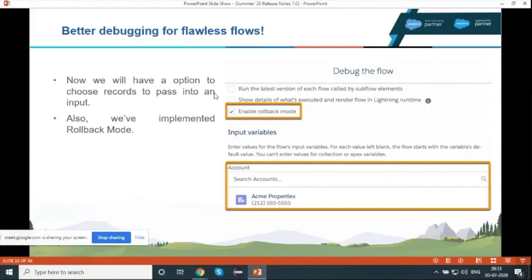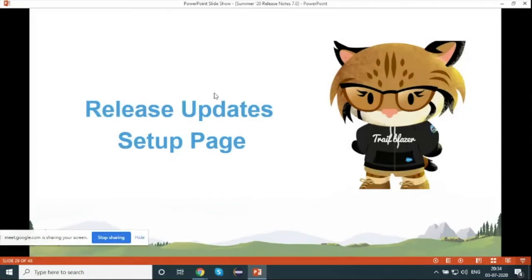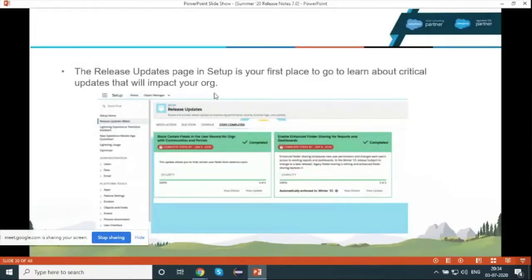With this, Salesforce also gave you an option of rollback. Assume you tested a flow and it made some changes in the production data. That is not right, that is not ethical. So Salesforce gave you this option that you can simply roll back those updated records, and they will become in the initial state again after completing the testing of the flow.